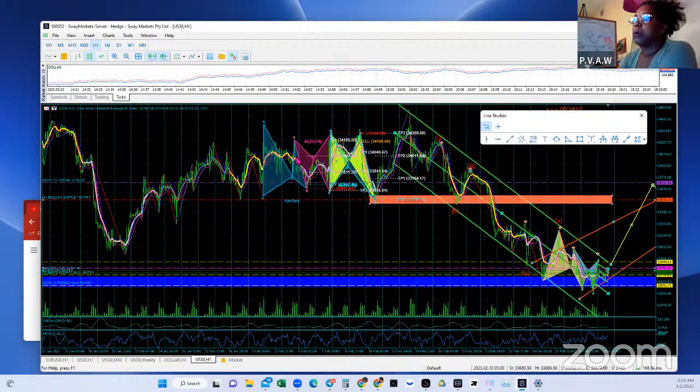Okay, and that's when we got that drop after that. And that's when we sold for that bearish butterfly right here. We got that official drop. Okay, so after the higher highs were met, we got the H4 bearish Gartley created between January 16th